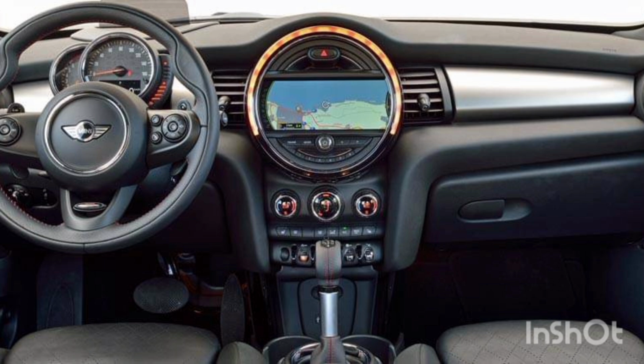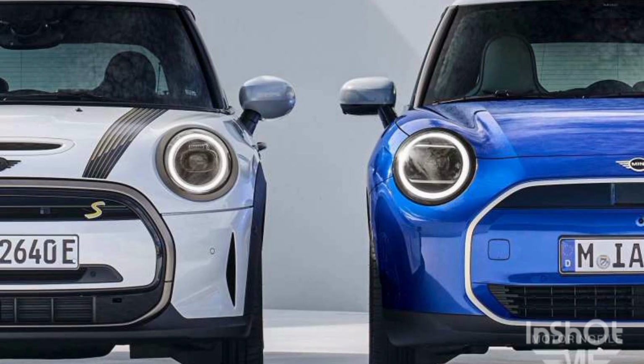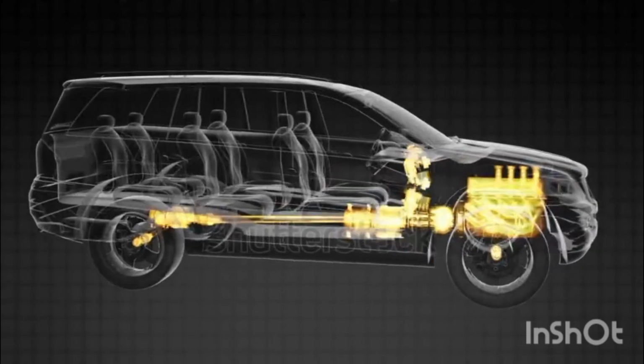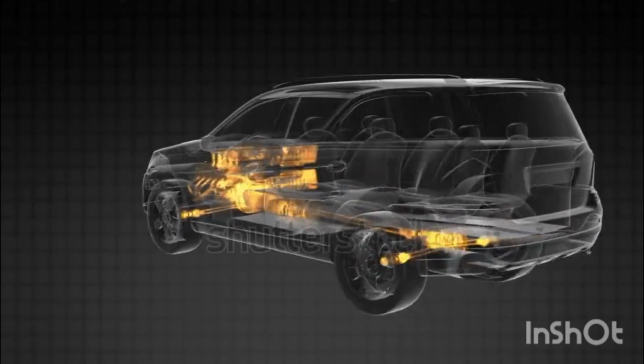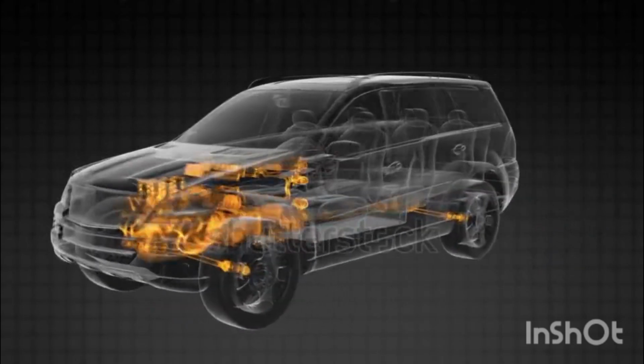When it comes to practicality, the Mini Cooper might surprise people who judge it solely by its size. While it's certainly more compact than many cars, clever design and efficient use of space mean it offers reasonable room for passengers and luggage, especially in the 5-door and Clubman models. The driving position is comfortable, visibility is good, and parking is a breeze thanks to its small footprint. Fuel economy is another plus, with smaller engines delivering excellent mileage, and even the performance-oriented models remaining relatively efficient compared